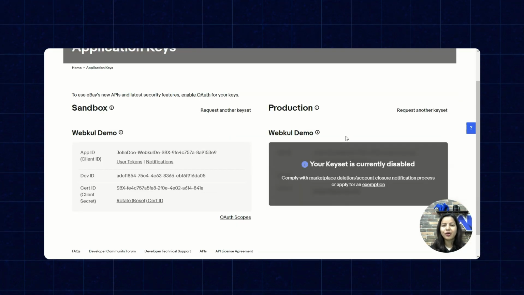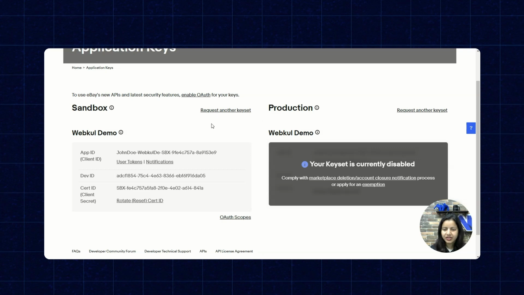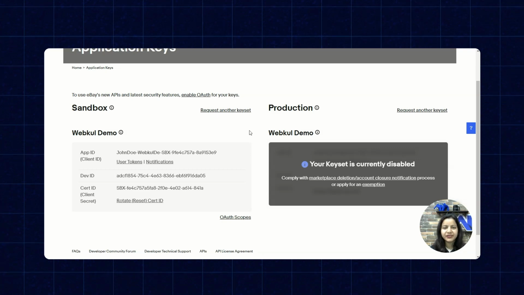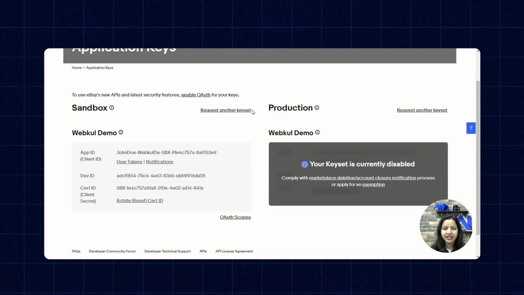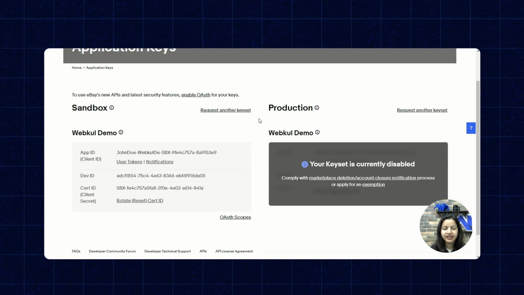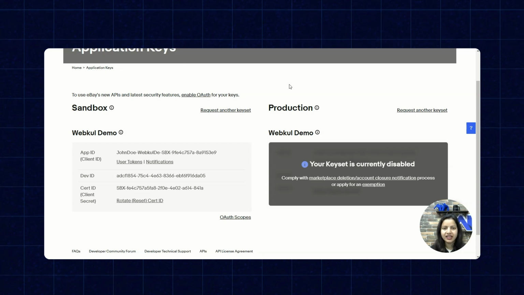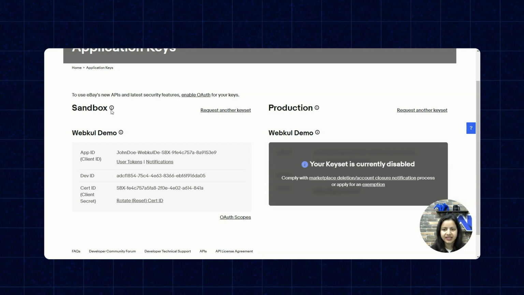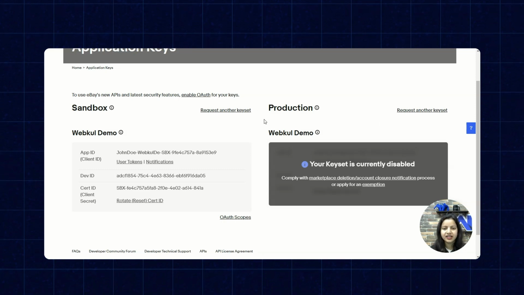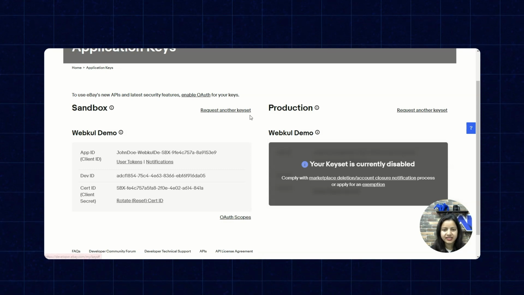Here I have logged into my eBay developer account, and once you log in, they ask you to create the app. As I have already created it, you just need to add the app name, select the environment, either sandbox or production, and create the key set. The app will not save until you generate the key set for it.